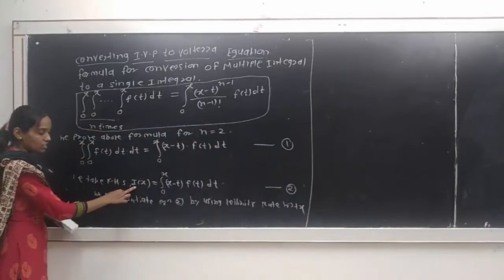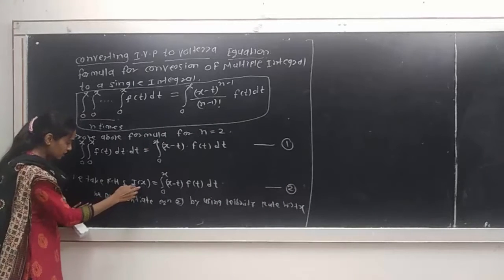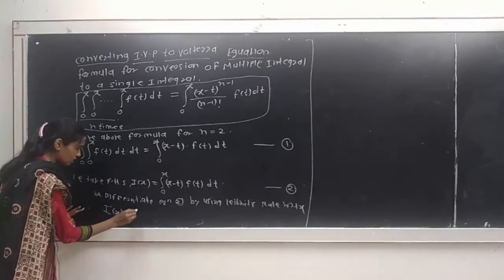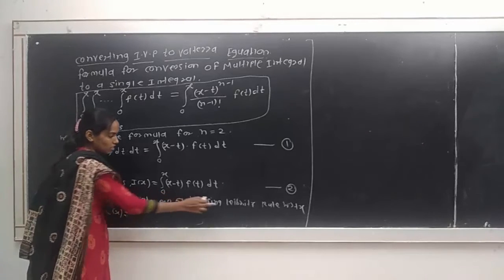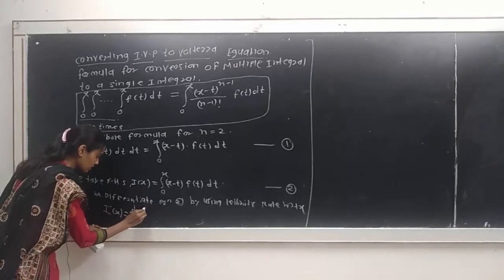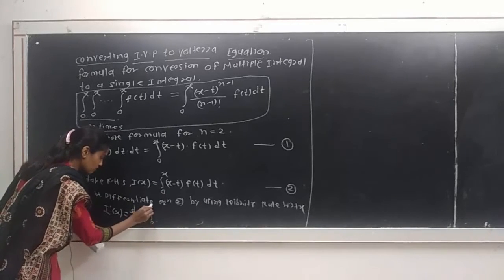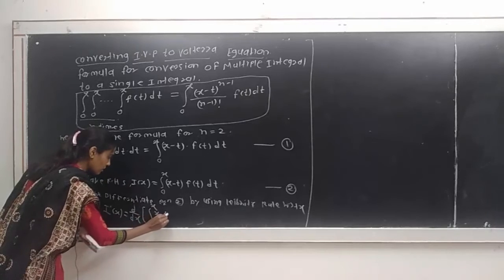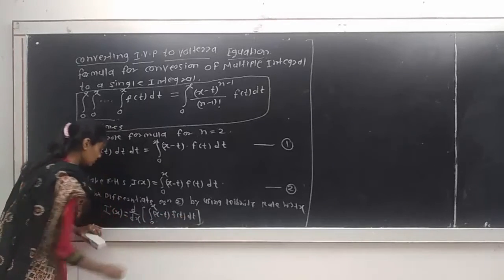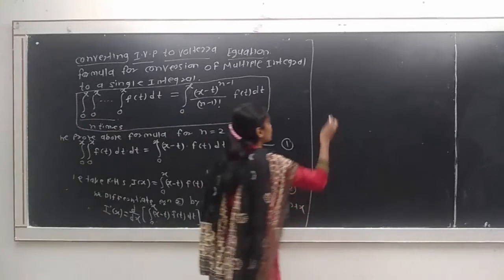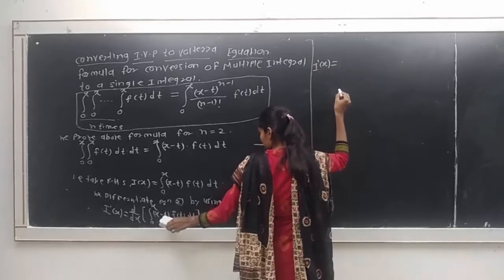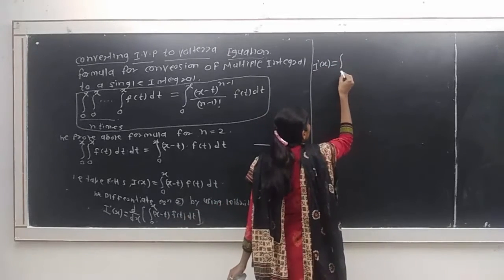We get I of x, the function of x, then the derivative of this with respect to x is I dash of x, equal to d by dx of the integral from 0 to x of (x minus t) f of t dt. Then next step is I dash of x is equal to, if we differentiate by using Leibniz rule, we get